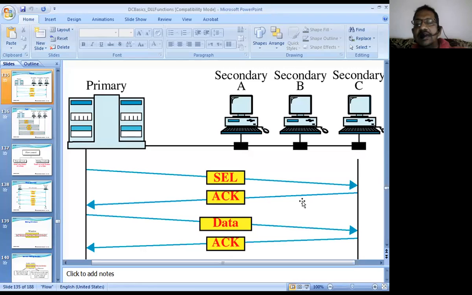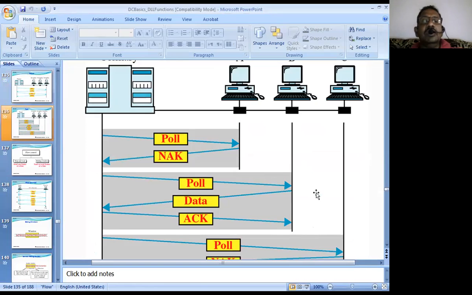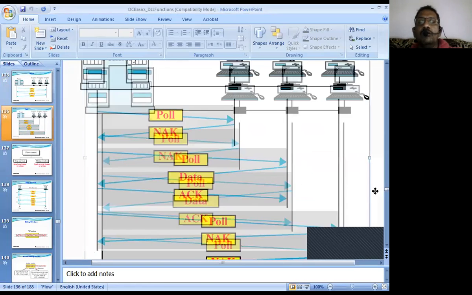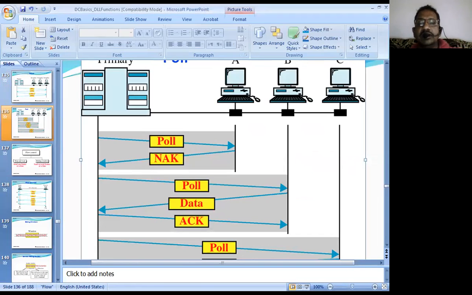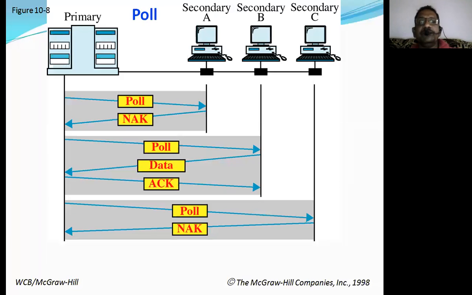So using the select signal, a primary is normally going to select data to the selected secondary stations. This is what we have understood previously. Now similarly, let us say poll. Why do we use the poll signal? Let us see why we use the poll signal. So in the case of the poll signal,